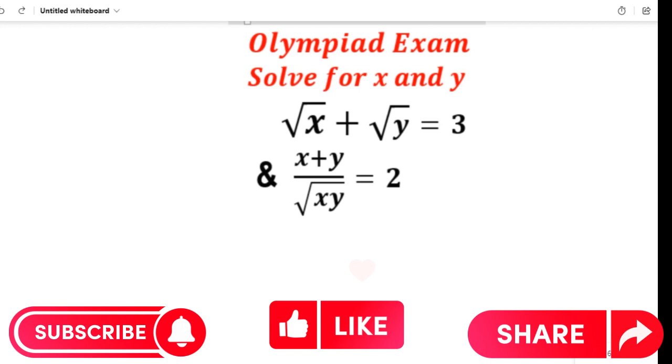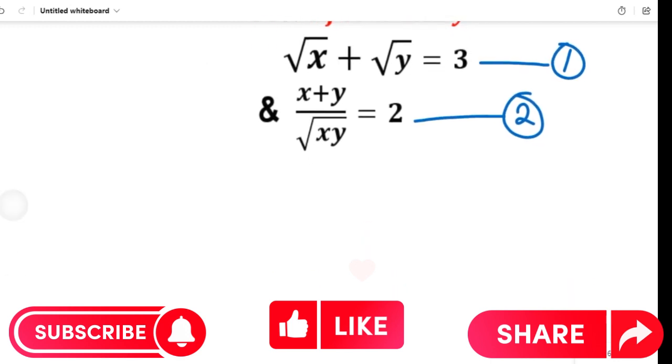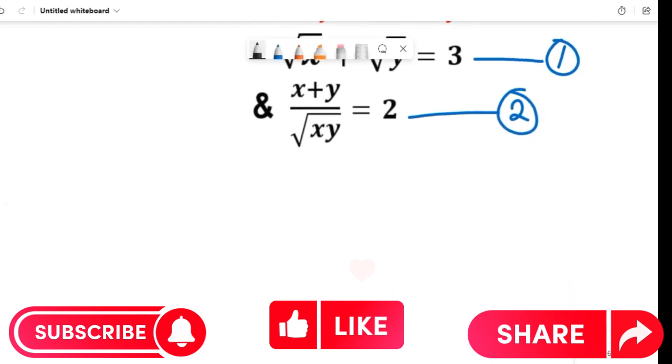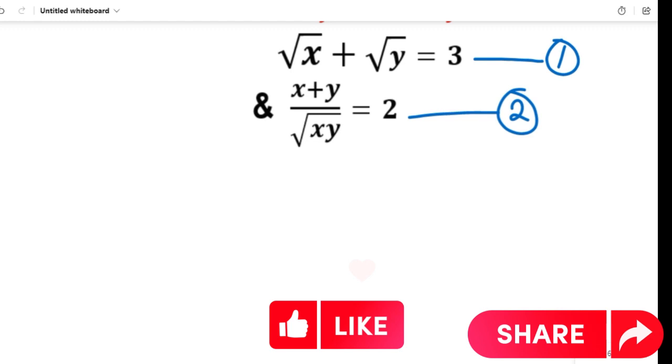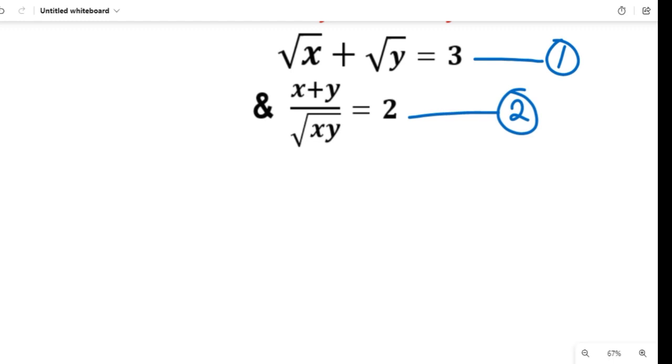Thank you very much. Now to solve this question, I'm going to treat each of these as an equation. So I will take the first to be equation 1 and the second to be equation 2. And so I'll have to solve equation 1 and 2 simultaneously. Now solving this question, the first thing I want to do is to consider the first equation. From equation 1,